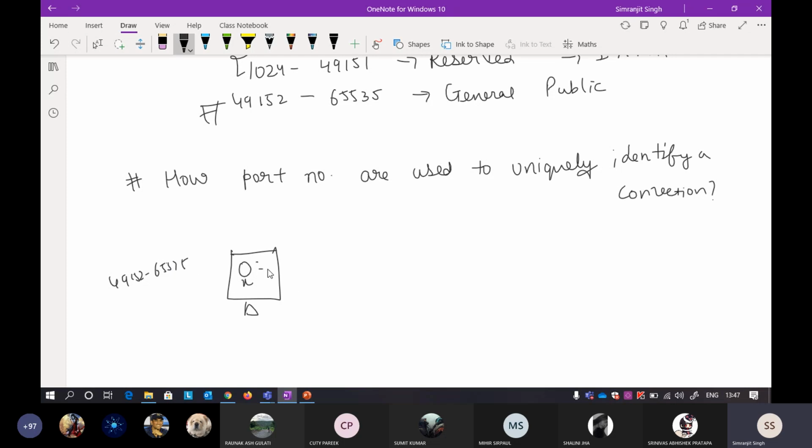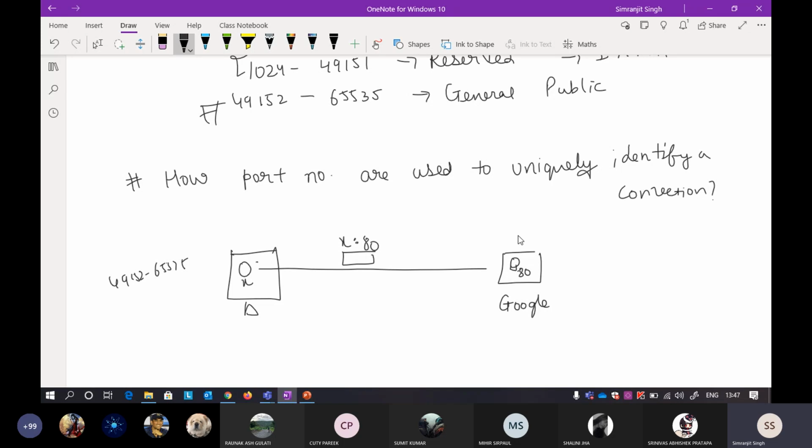This particular port is communicating with the Google server, and suppose it is using HTTP, so the port number is 80, as we already know. So you write the source port and the destination port, and you transfer the packet from the source to the destination. That much we already know.